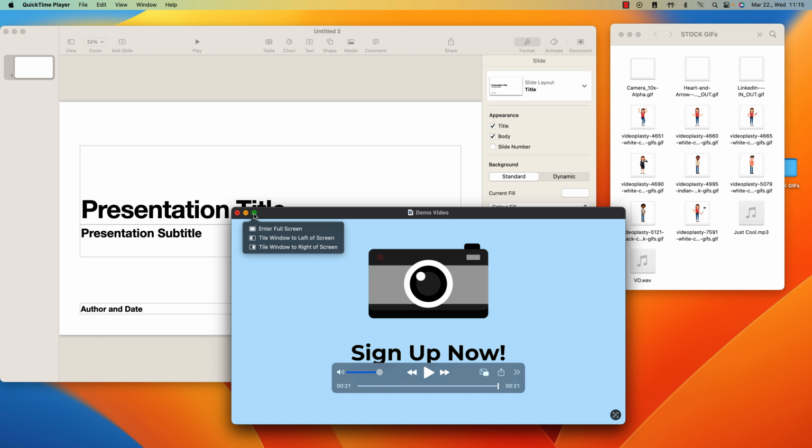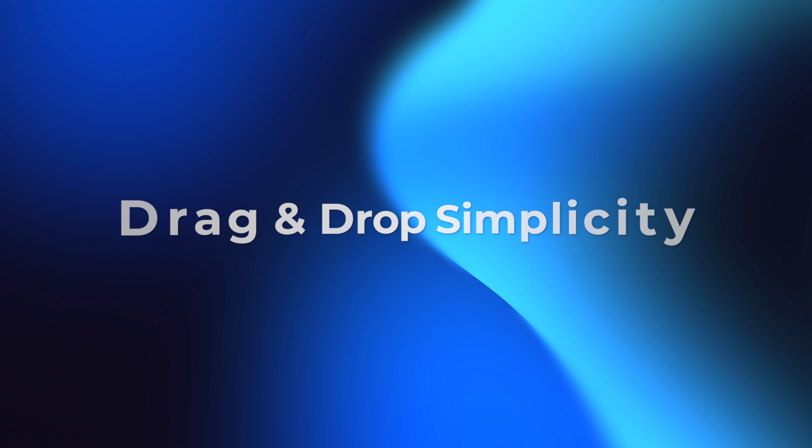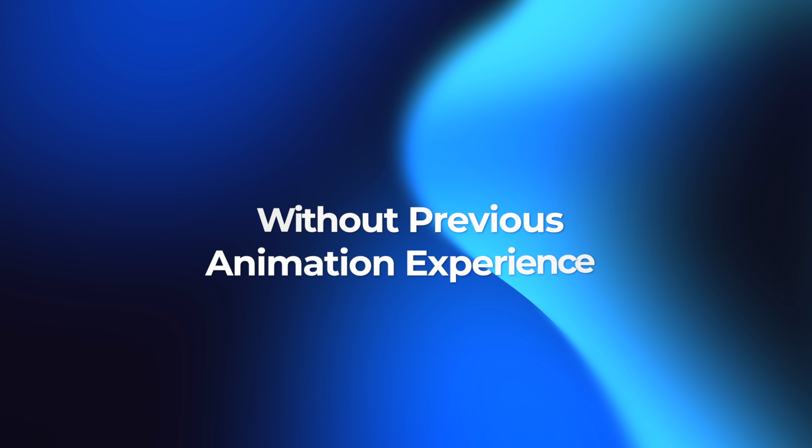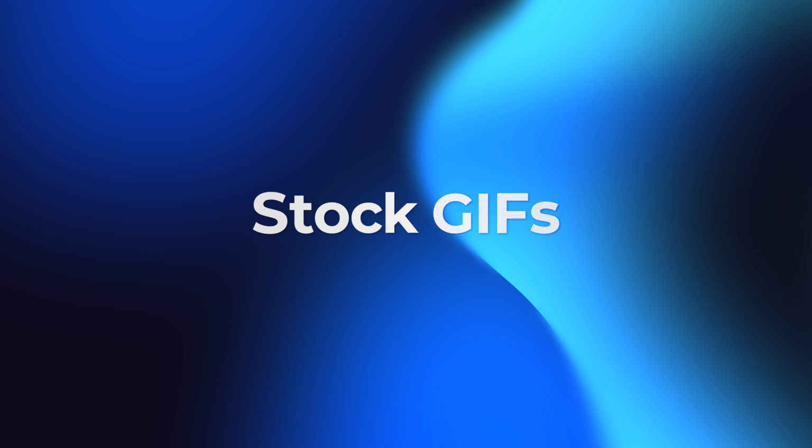Alright, that looks pretty awesome, right? And don't worry if this feels a little bit overwhelming right now. I promise you'll be able to do the exact same thing using Keynote with drag and drop simplicity without any previous animation experience. So Keynote is super awesome because it comes pre-installed on all Macs, it's free, and it's an amazing piece of software. So the method that we're going to use today to produce such an animated video is